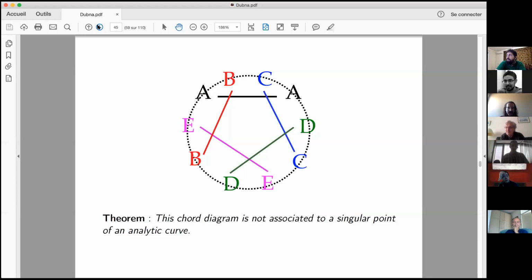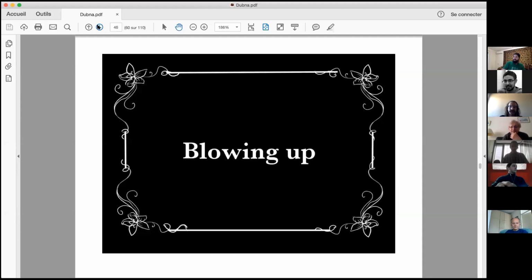So I said to myself, maybe I will find 1 or 2 forbidden chord diagrams, and maybe I can prove something similar to Conceivage, that the chord diagram comes from some algebraic curve if and only if it does not contain one of these examples. Except that at that time, I already knew only one example of a forbidden chord diagram. So that was my question. It took me a long time. And let me look at the time. Time is going fast. So I will go quickly through this part.